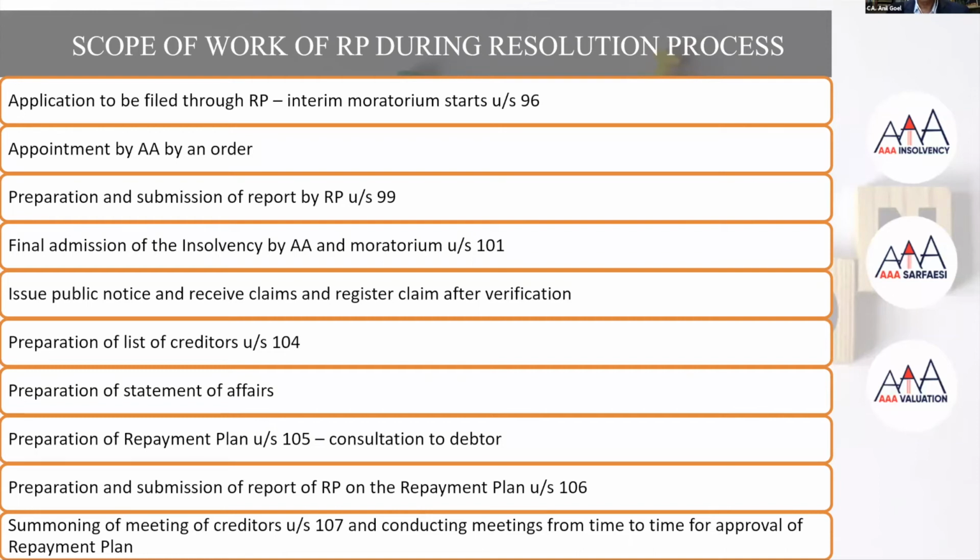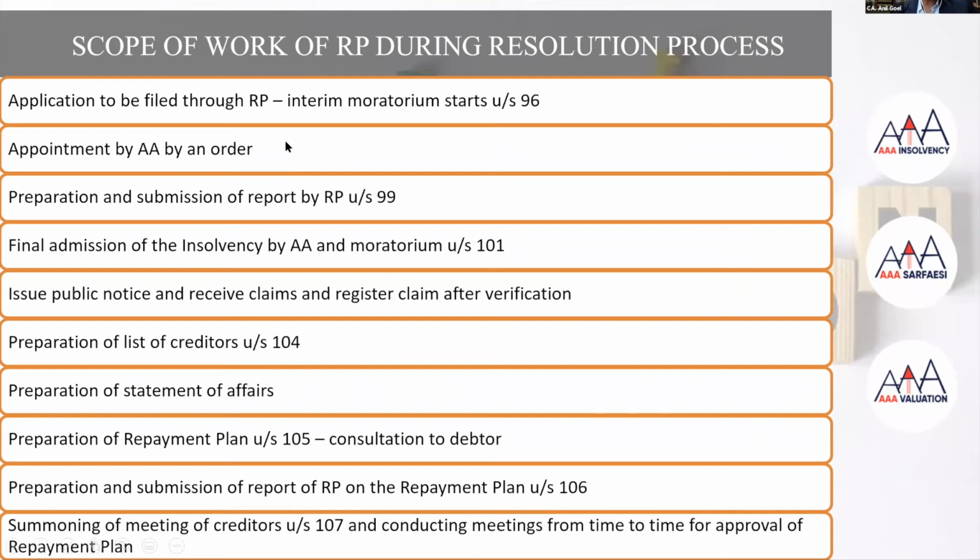Now, because we've already done close to 1 hour, I would still give this information, which is very important for all the RPs who are presently working or thinking of taking up assignments. What is an RP supposed to do? First of all, the RP has to sign an application. The application has to be through the RP, but the RP is only supposed to sign it. He has not been given any other responsibility. He has to only sign it, and that's a consent kind of form. There is no additional declaration that the RP makes while signing the application.